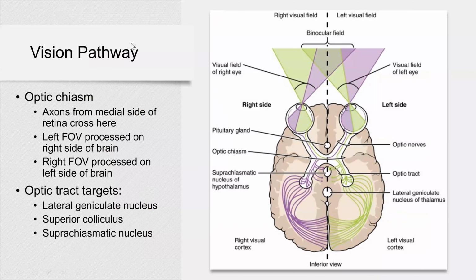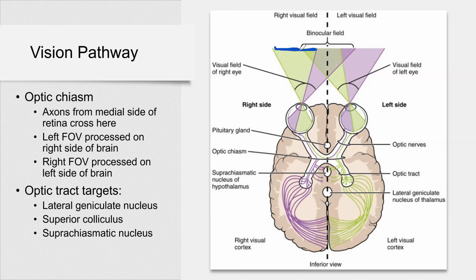What it says here is that you have a field of view, right? So this is the left visual field. What falls on the left visual field? This part and this part. And you can see that this part over here goes right there, and this part over here also goes on the right side. So information from the left visual field is processed in the right visual cortex,